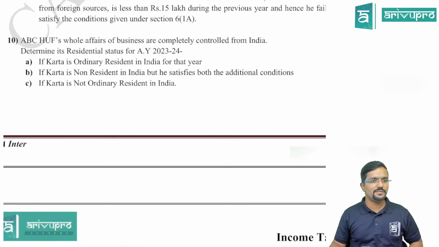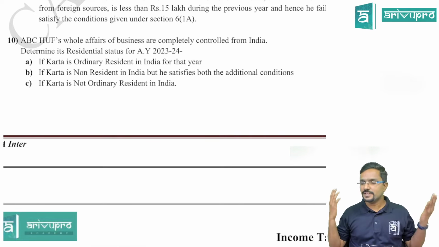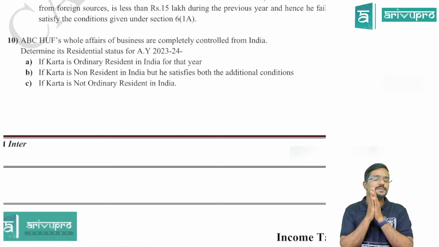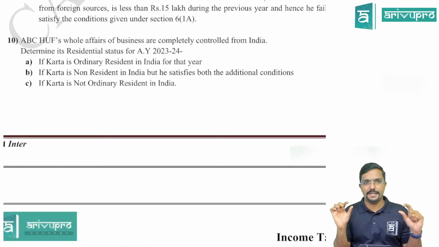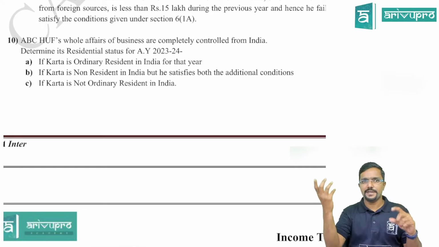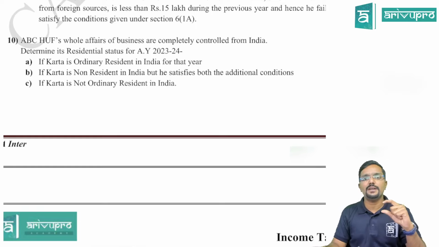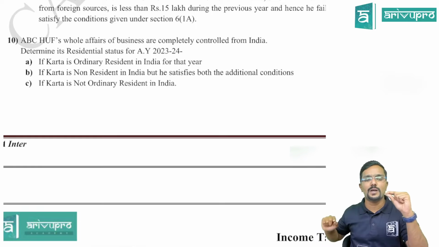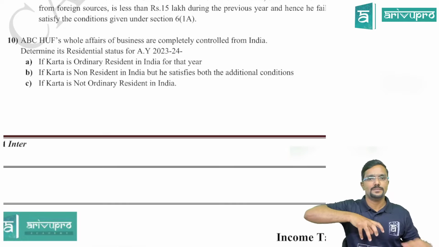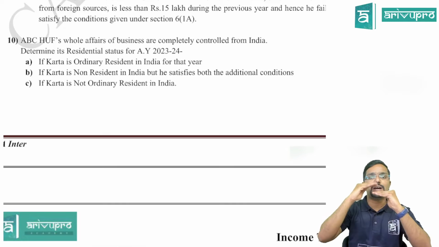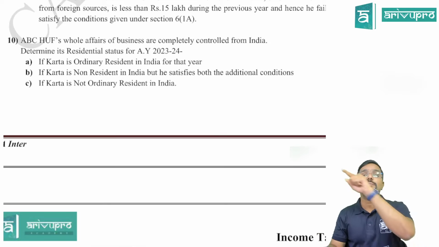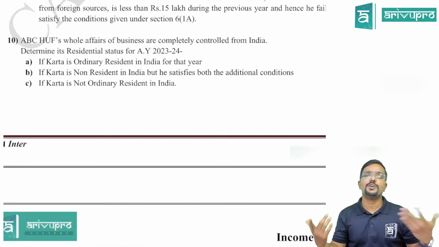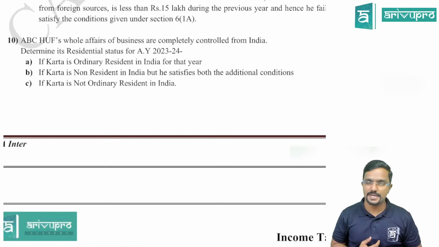Mallar Murthy, sir, HUF and Karta. Okay. Listen here. For HUF, listen guys. For HUF, first we check where is control and management. If it is partly or only in India, then they are resident. If not, they are non-resident. And once HUF becomes resident, we go and check whether they are ordinary or not ordinary. And how to check? Bring the Karta, who is the head of a HUF. If Karta satisfies both the conditions given under section 6(6), then HUF will become ordinary resident. If not, the HUF will become not ordinary resident.